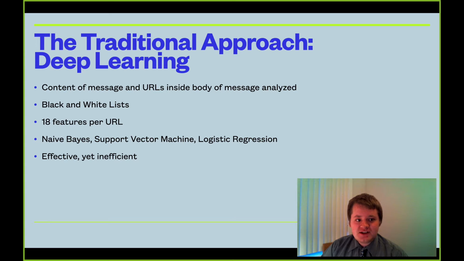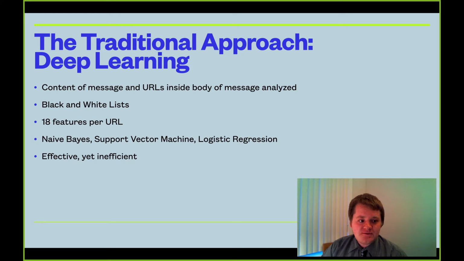In this method of phishing detection, typically a logistic regression approach is utilized to identify unique lexical features of a message. Some of these features that are monitored include if the message includes a uniform resource locator, or URL, and if it does, the URL itself, specific words in the URL, and host details including the page rank and its existence or not in a URL phishing black or white list.